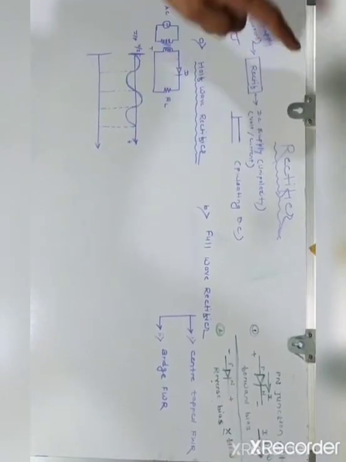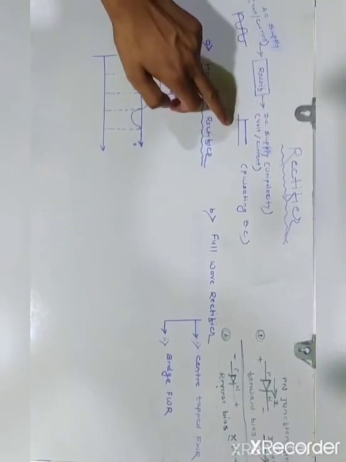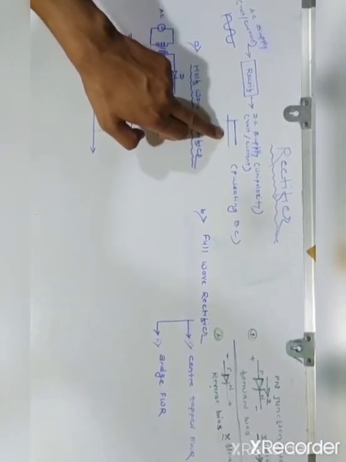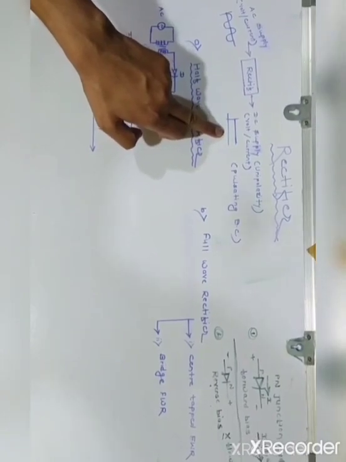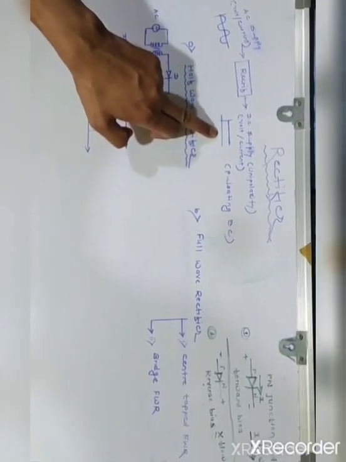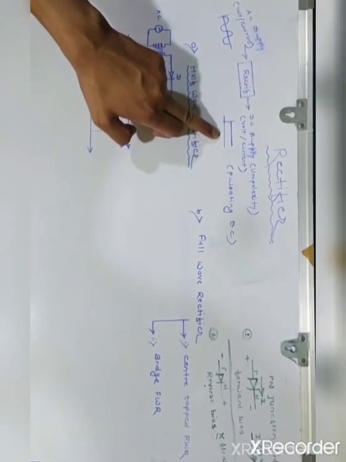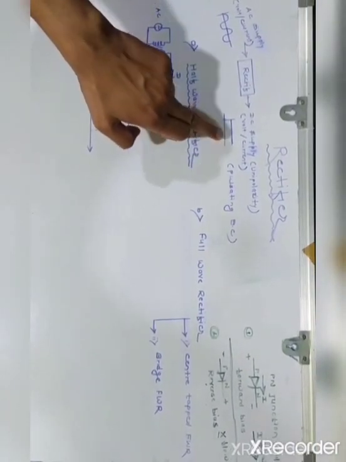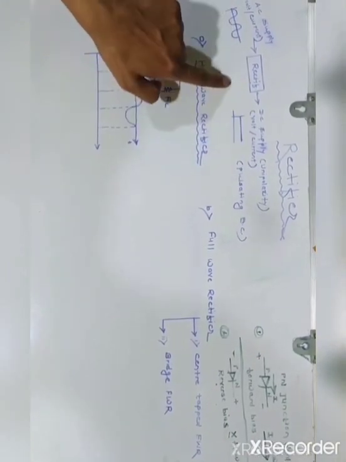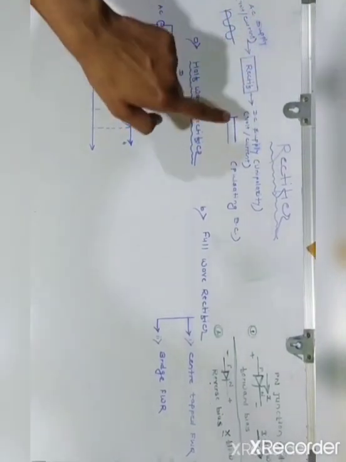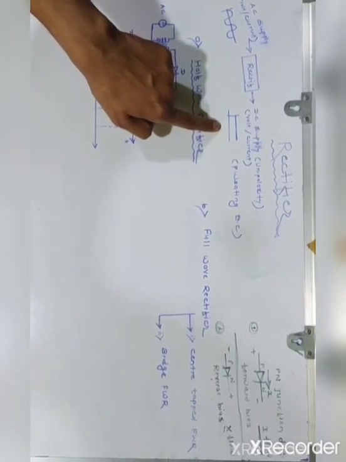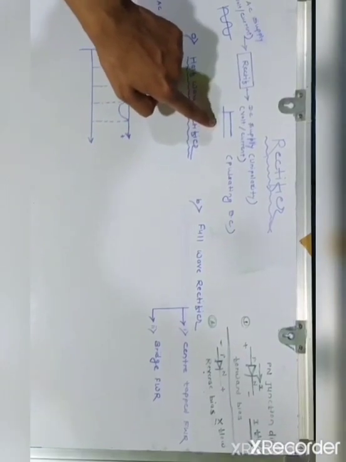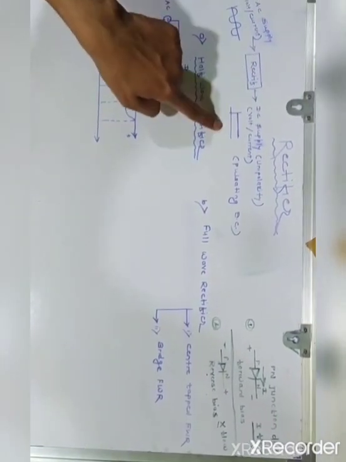Why do we want a DC supply? Because many of our electronic components and electronic circuits work on DC. For example, your mobile works on a battery, and from the battery you get the DC supply, so you need a DC supply. With the help of a charger you convert your AC signal into a DC signal just by charging your batteries. This process is known as the rectification process, right?